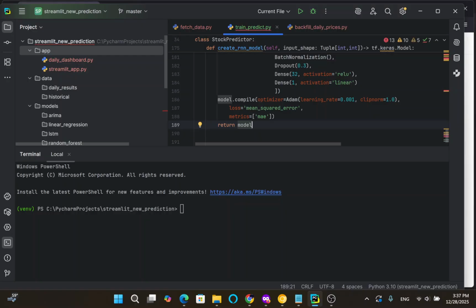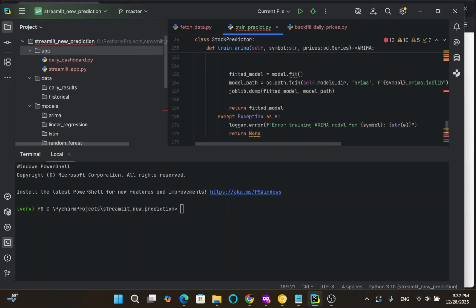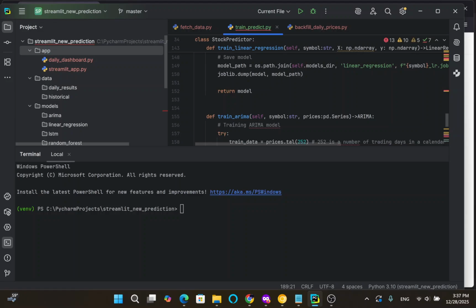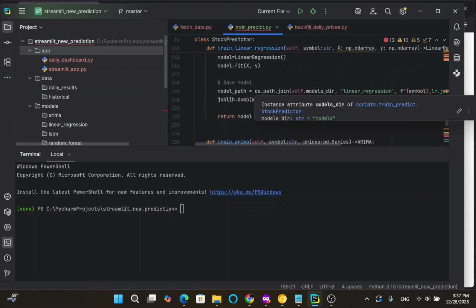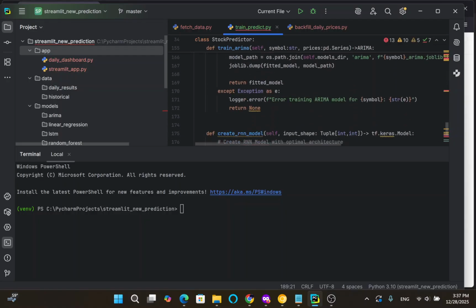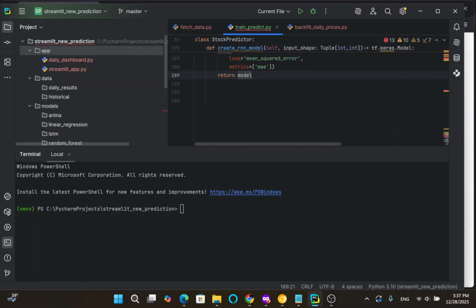Okay, what is different in here? The main difference, comparing to Arima and previous ones, is that we are not saving the model yet. You see here we are immediately saving and it is possible to reuse it then with the dump of the data. For the previous 3 models that worked. For this one it doesn't. It comes from the nature of the RNN model. We will have a specific